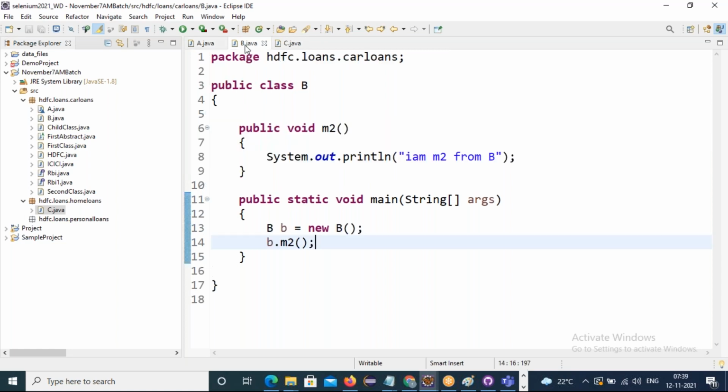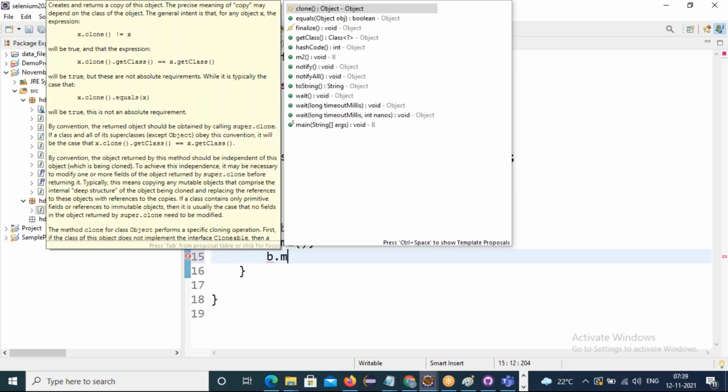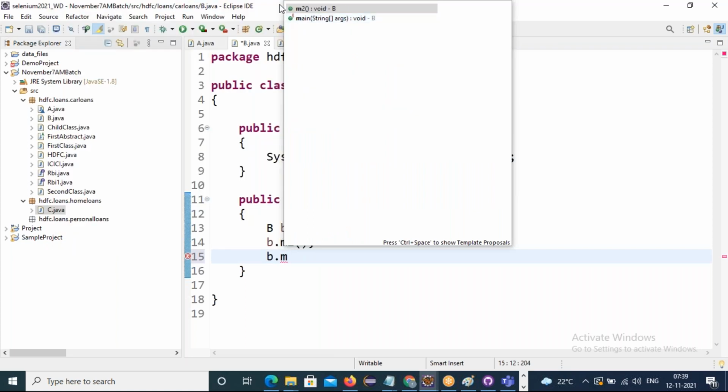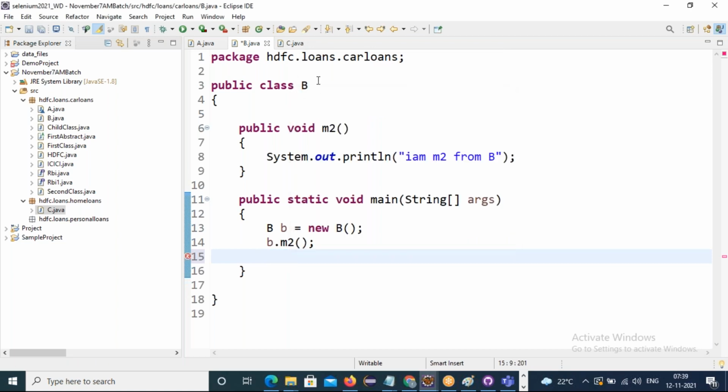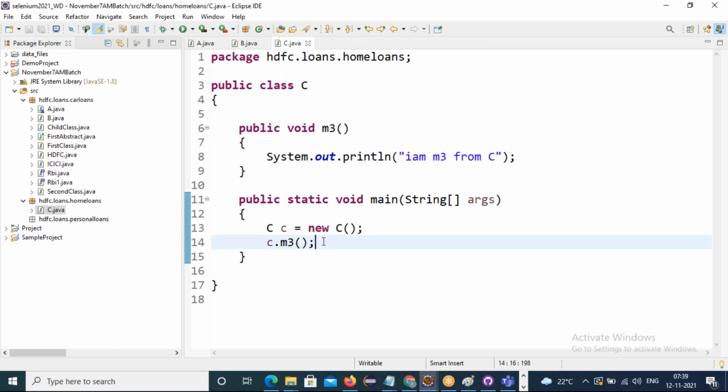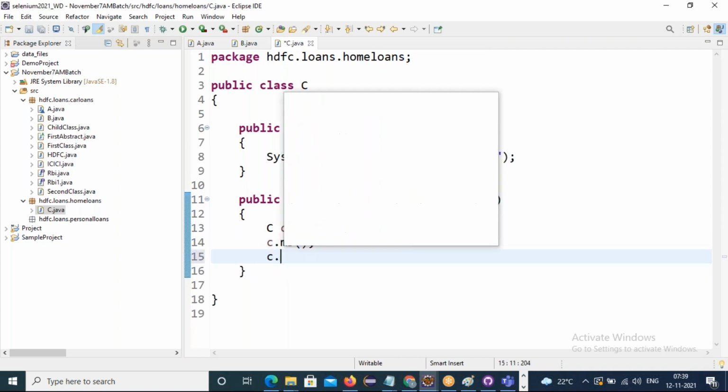As of now, in the B class I can only access the B class M2 method, not the A class M1. Yes or no? Yes. Even in the C class, if I want the M1 method defined in the A class, I cannot access it. I can only access the C class defined M3 method.